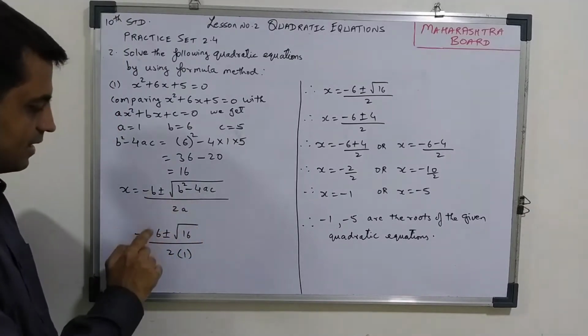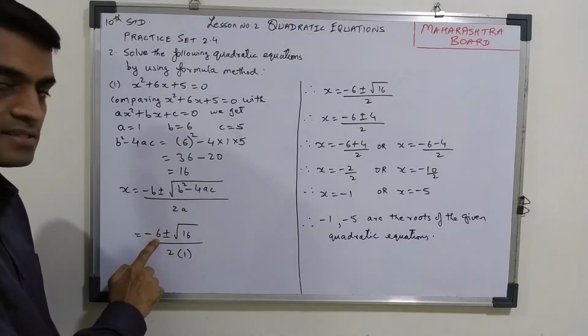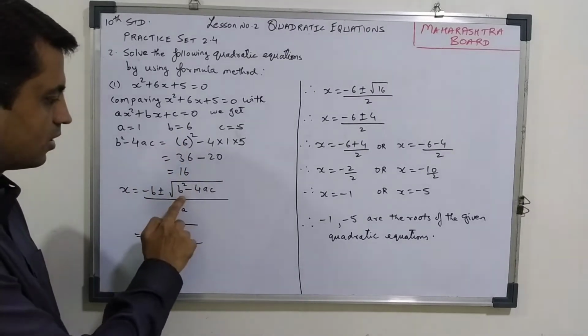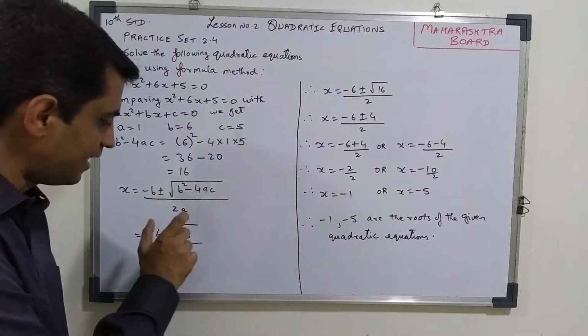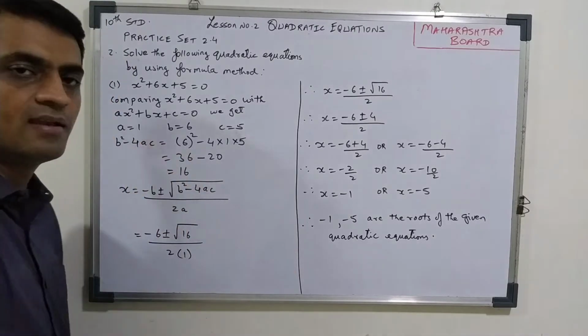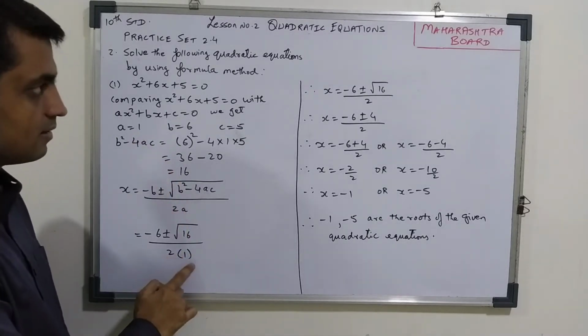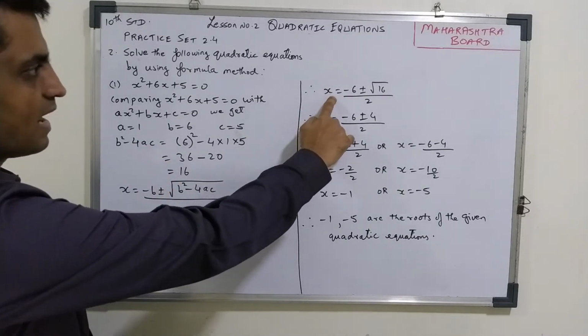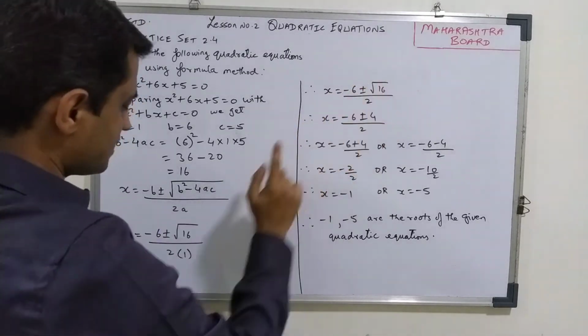So here, this is minus of the formula. What is the value of b? 6. Plus or minus root, what is b square minus 4ac? It is 16. Already we found it out. Don't find it again. Already the work is done. Upon 2 into a. What is our a? 1. Therefore x is equal to minus 6 plus or minus root 16